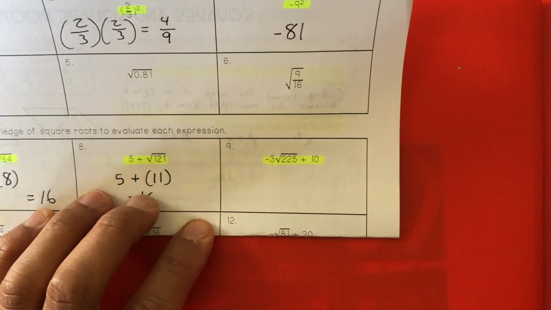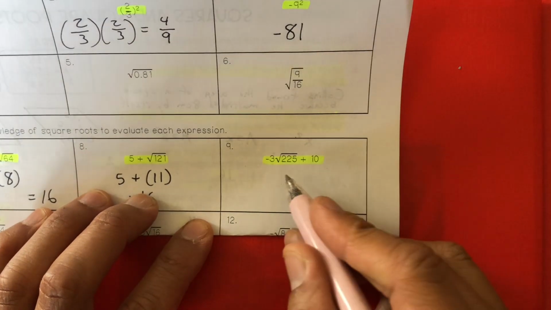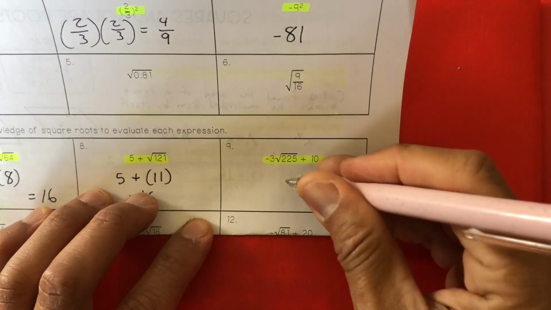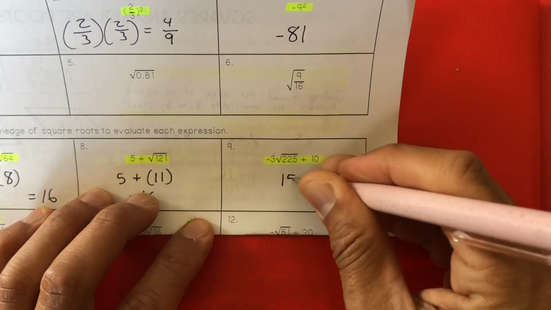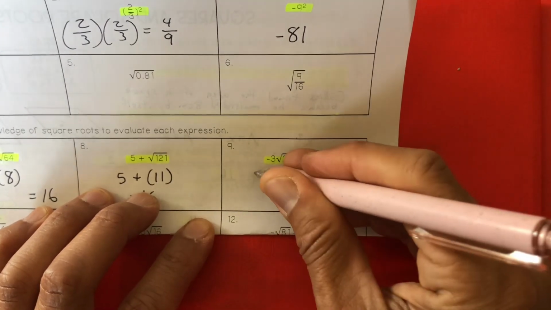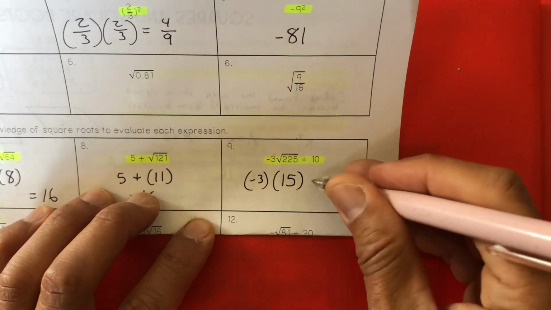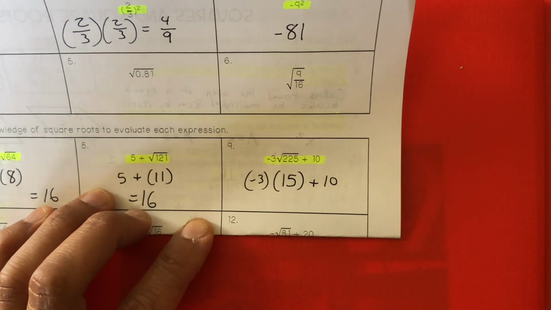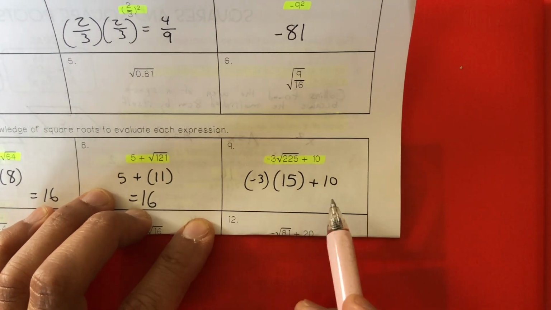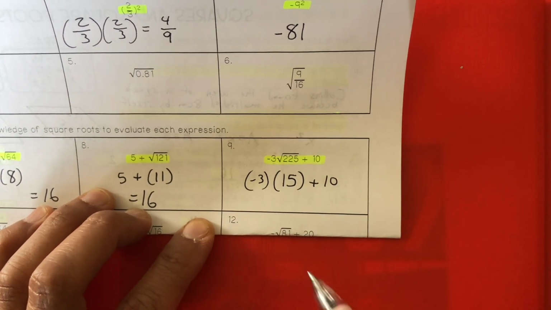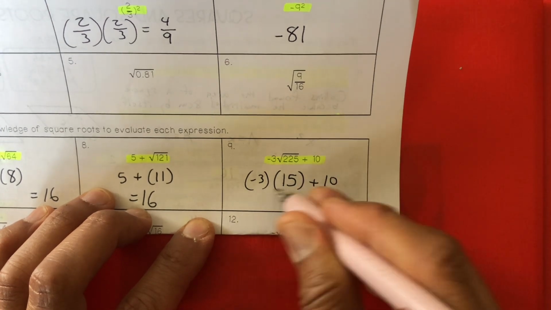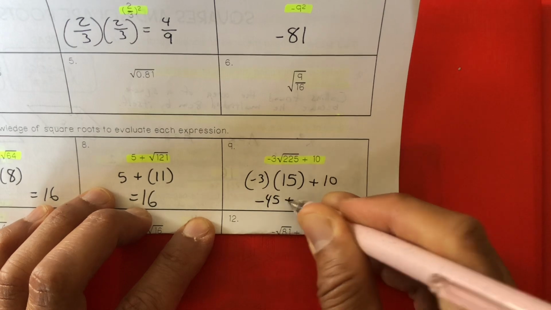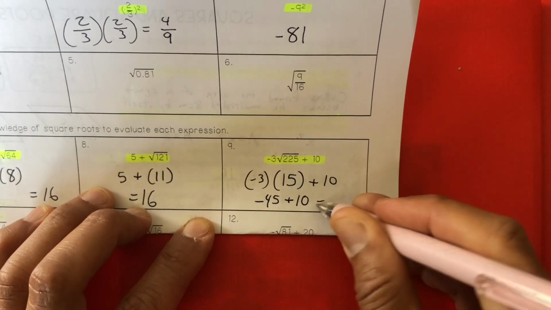And finally right here, what number times itself gives us 225? And you might have calculated 15, which is correct. Yeah, 15 times negative 3 plus 10. So according to our order of operations, what comes next? Do we multiply or do we add? So we are going to multiply first. Negative 3 times positive 15 gives us negative 45. Negative 45 plus positive 10 will give us